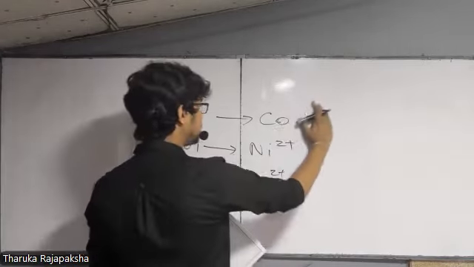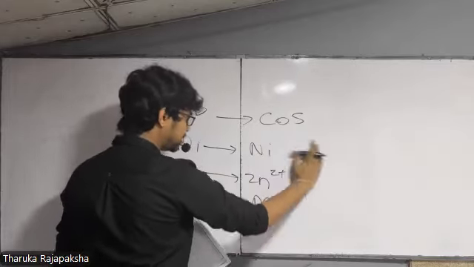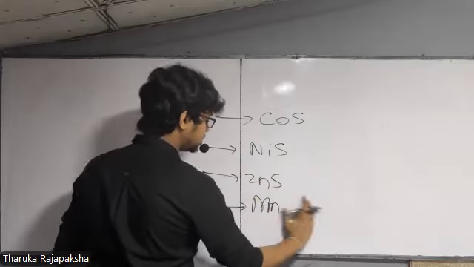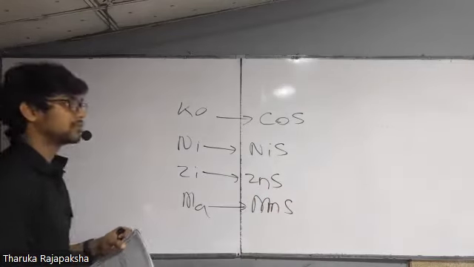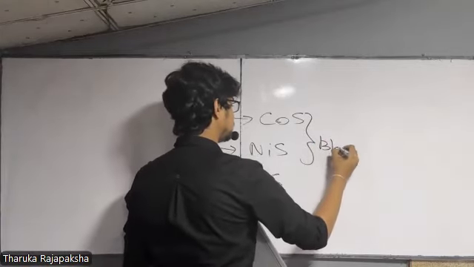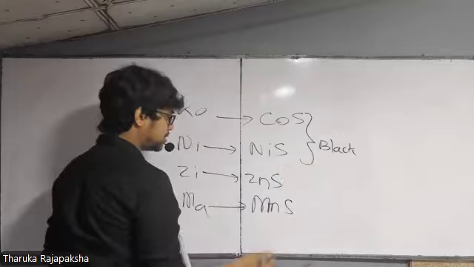So cobalt 2 plus, cobalt sulfide; nickel 2 plus, nickel sulfide; zinc 2 plus, zinc sulfide; manganese 2 plus, manganese sulfide. There you go. So these two, cobalt sulfide and nickel sulfide, are black in color. Zinc sulfide,